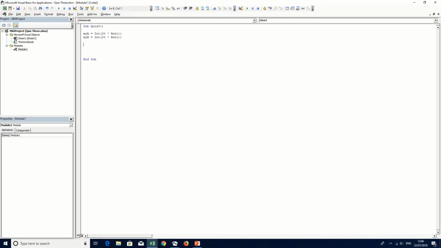Now, I'm going to do adding them together. So my correct answer, which I'll call my correct, is going to be my A plus my B. So that'll make up two numbers. And my correct is going to be the correct total of the two. Now, there's a bit of a peculiarity here in that